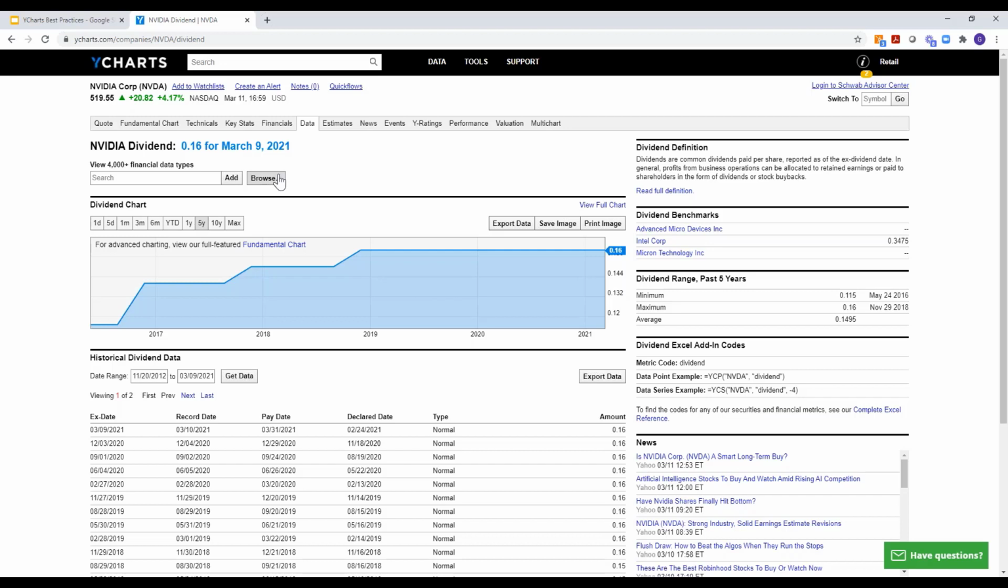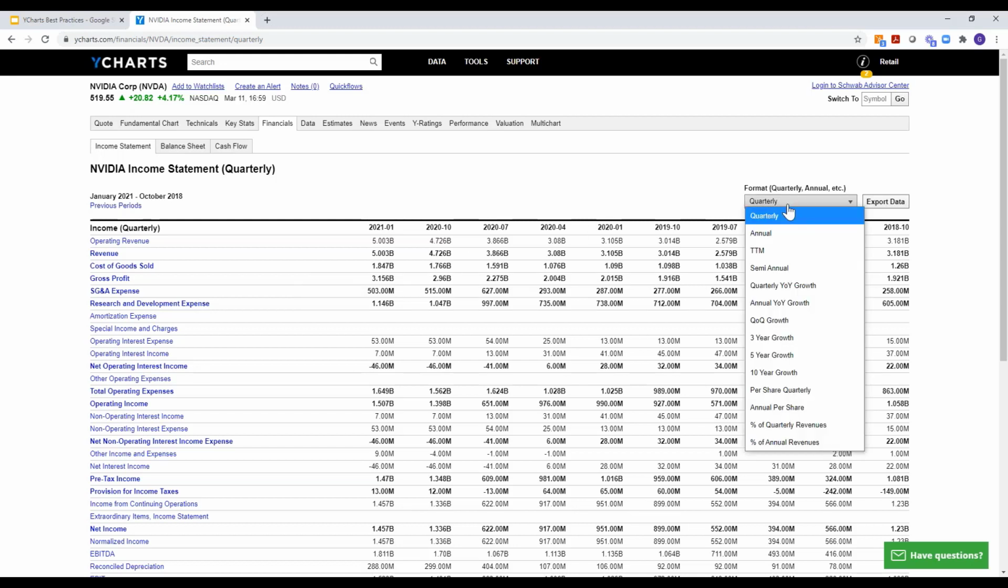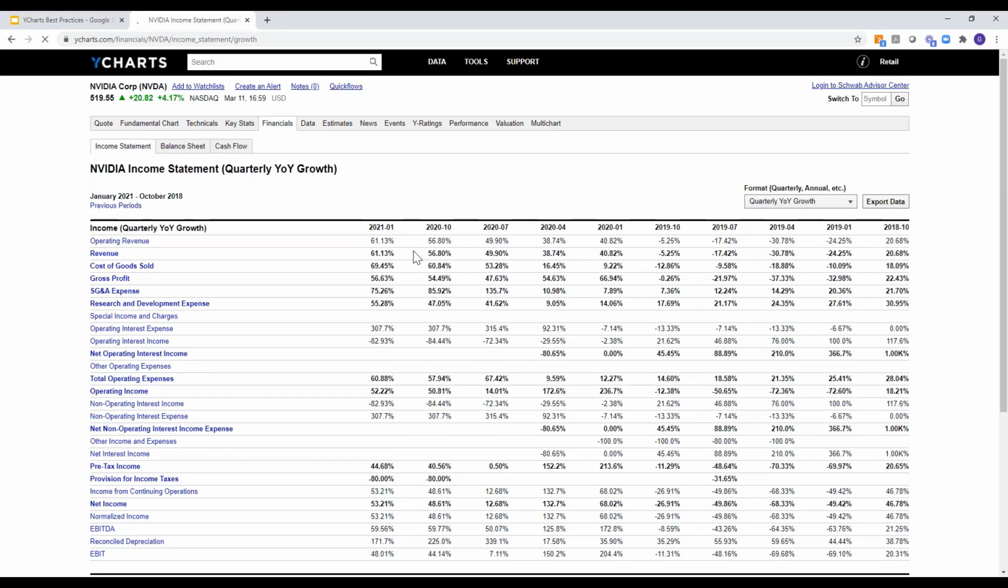You'll also notice a few other tabs up along the top of the screen here. Financials are great because you're no longer going to have to go to various SEC websites and be able to look at 10Ks and 10Qs. YCharts will consolidate all of that for you. Not only will you have access to 10K and 10Q information, but you'll see that we have different formats. So if you wanted to see NVIDIA's quarterly year-over-year revenue growth,